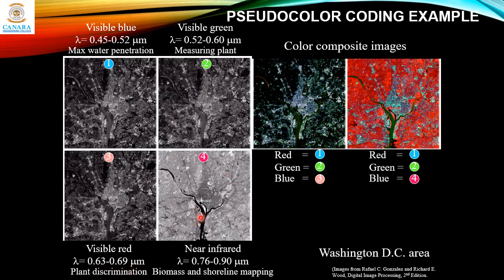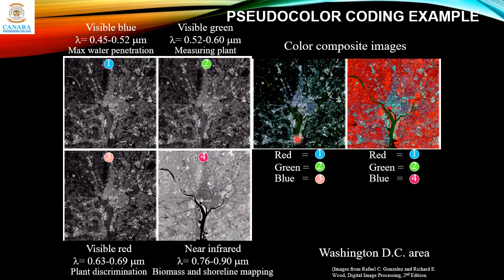And the fourth one is not visible to the human eye. It is near infrared, with a wavelength of 0.76 to 0.9 micrometer. Note that humans can only see the visible bands, but cameras can see different radiations apart from what we humans can see. So this is near infrared. Now, if you combine 1, 2, and 3, we get the full color image like this one. Here you can identify the land area, the greenery, and the river flowing through the middle, but it won't give you much detail.